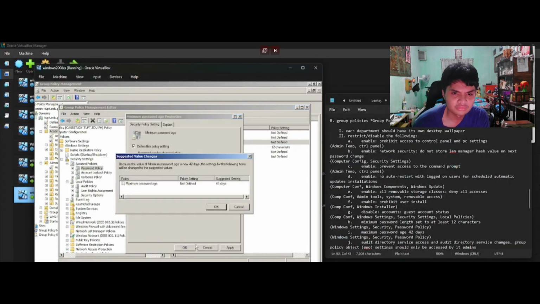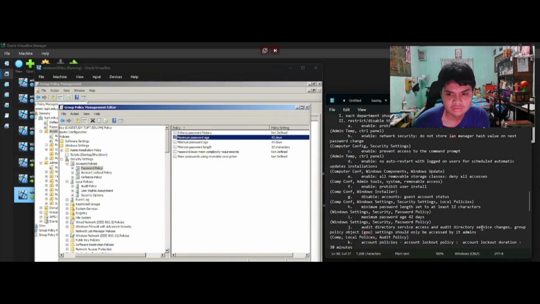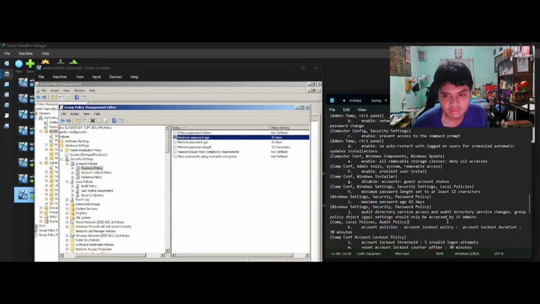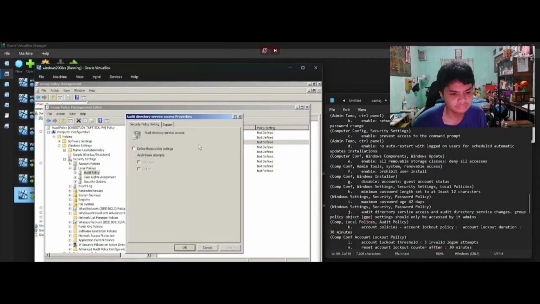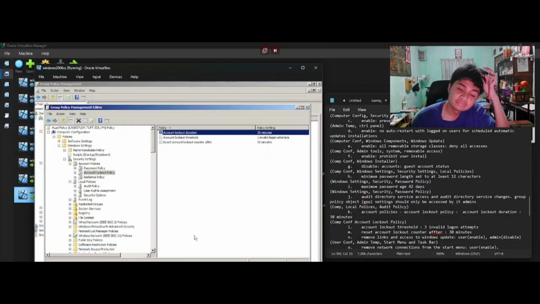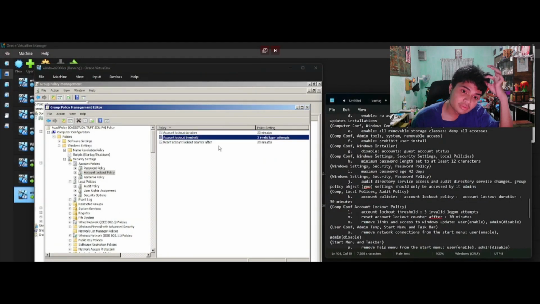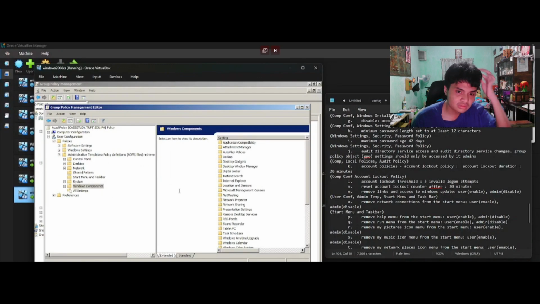There you go, we have a lot of characters, password age. So it needs to be 42 days for the password age to be reset. Then 41 days for the other stuff. Moving on. We need to define the settings again. We need 30 minutes of lockout duration for each account if it's not inserting. So that's one.